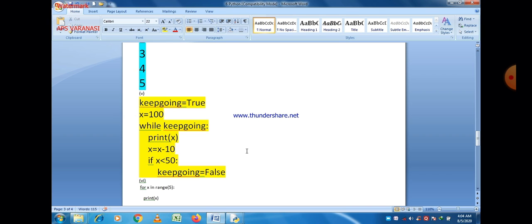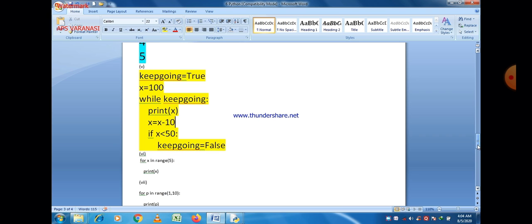So our answer is 100, 90, 80, 70, 60 and 50. When x is less than 50 it is false, so up to 50 all values are printed. 100 to 50, it means 100, 90, 80, 70, 60 and 50, and every time the line will be changed.